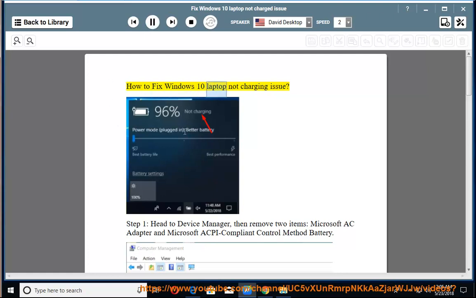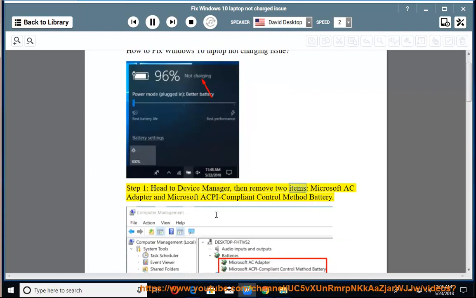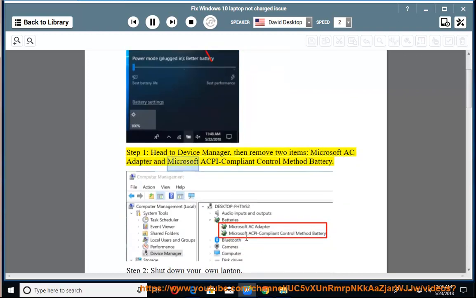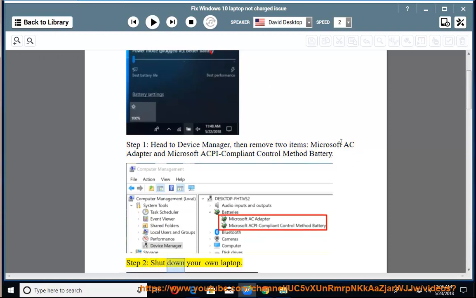How to fix Windows 10 laptop not charging issue. Step 1, head to Device Manager, then remove two items, Microsoft AC adapter and Microsoft ACPI-compliant control method battery. Step 2, shut down